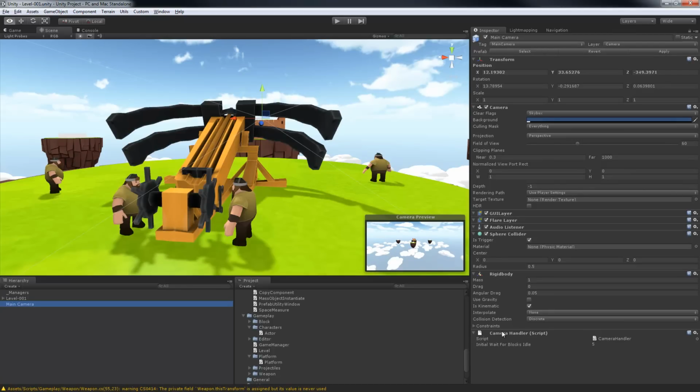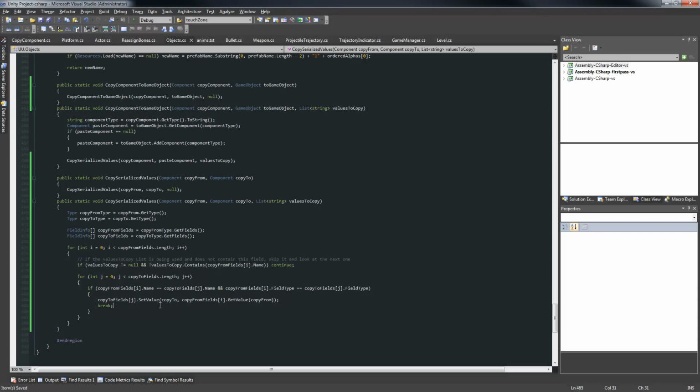Well, it's not necessarily. Well, it is pretty much. These are the serializable values, the public ones, so public fields. But you can write all sorts of complicated stuff for copying things or revealing information about